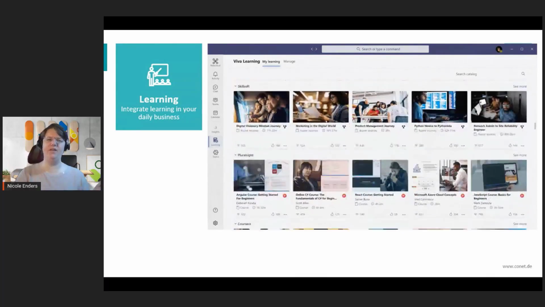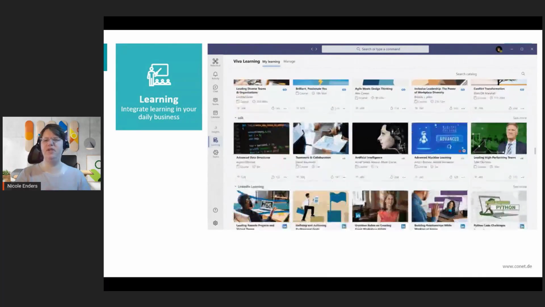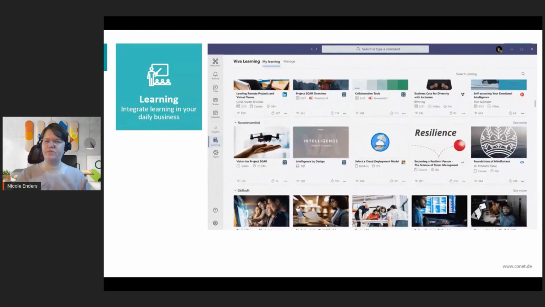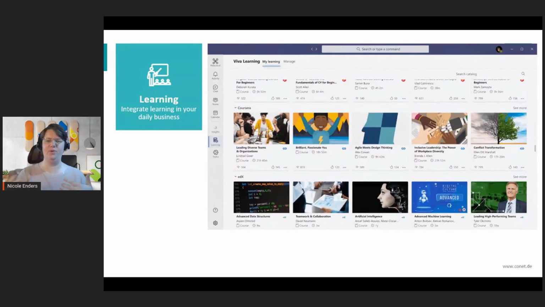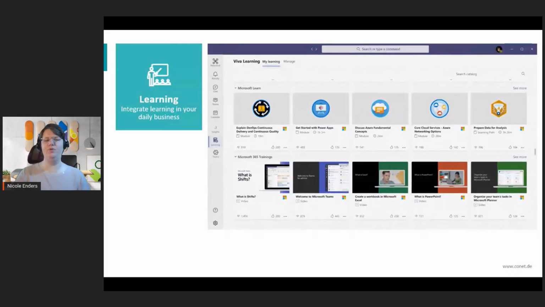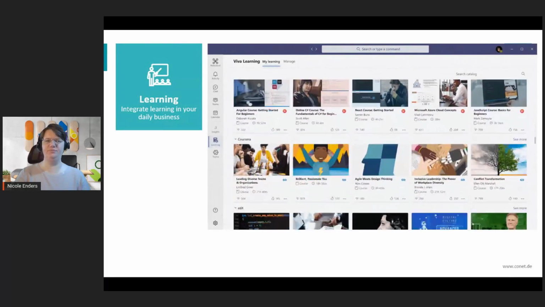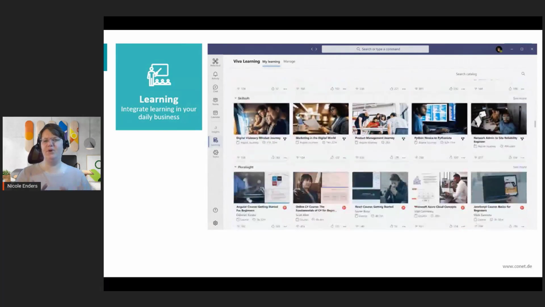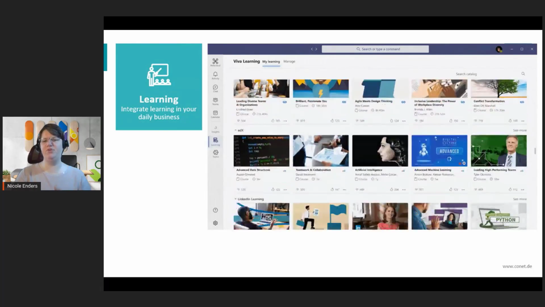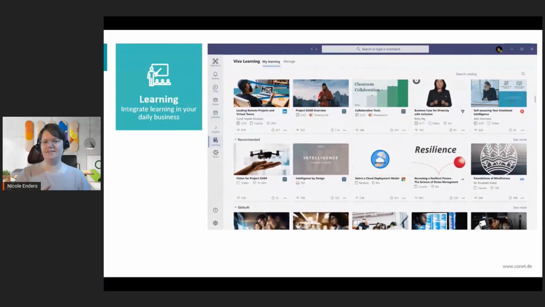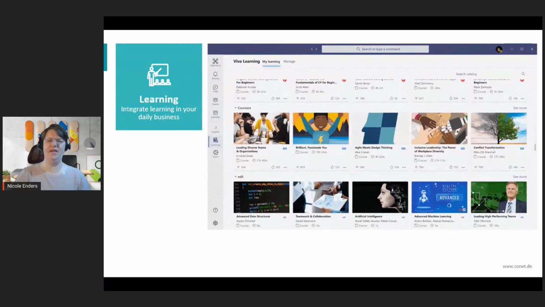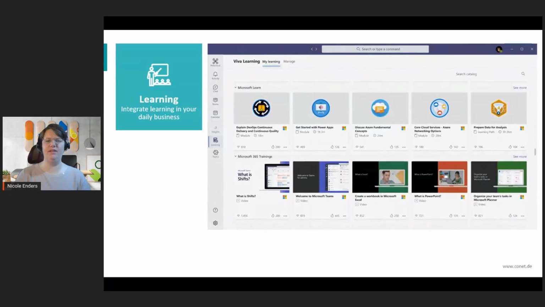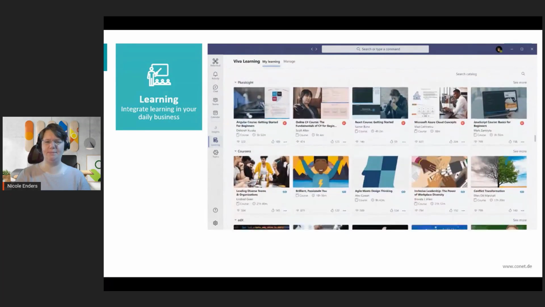So if I finish a module, he sees, okay, Nicole finished the first module, so everything is fine. So we have some way of communication in the learning sector. That's the learning module. At the moment, about this component we know less, but I think they will show up a little bit more in the next weeks.